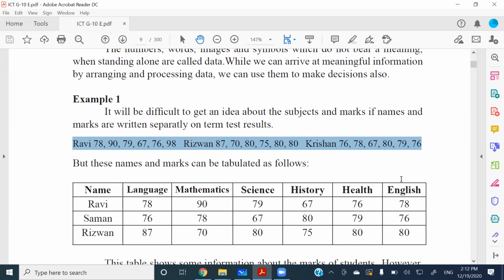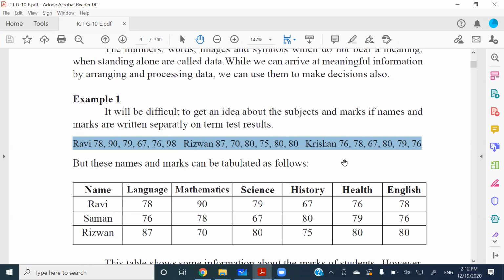We don't have a clue to say what this is, right? Then we had this table right beneath it, and it illustrates these are the names, and it has some subjects at the top of the table as the table headers. Then we can have the idea, okay, this is going to be some marks regarding these three students,